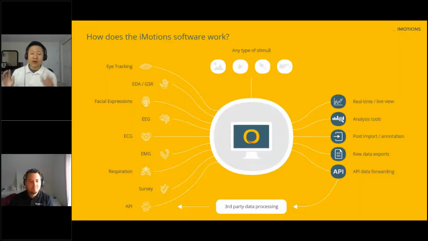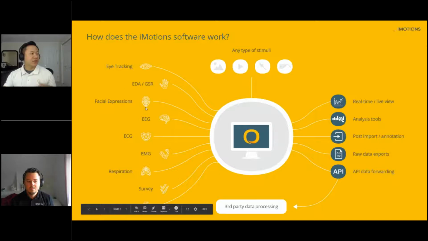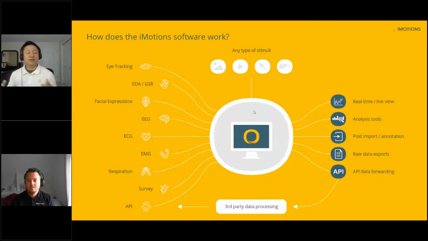Awesome. So if you're not already familiar with eye tracking or iMotions as a software, this is iMotions in a nutshell. We're able to take from a variety of different hardware partners, including our awesome partners over there at SmartEye, with the eye tracking information, combine that with other types of tools such as GSR, facial expressions through a camera, EEG devices, and such like that. And then we're able to synchronize that with other types of information. So whether you're presenting images or videos on the screen, information in from a third-party webcam, such as we do with SmartEye, or other types of environments that might be available to you, such as VR out there. We centralize that into one location